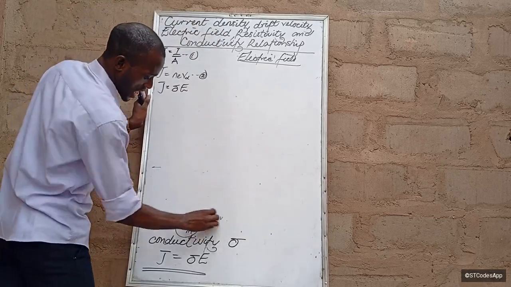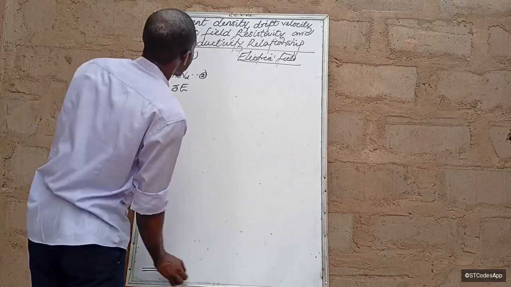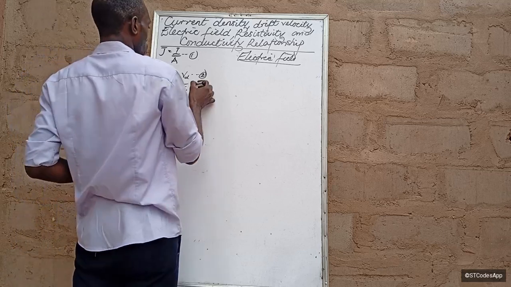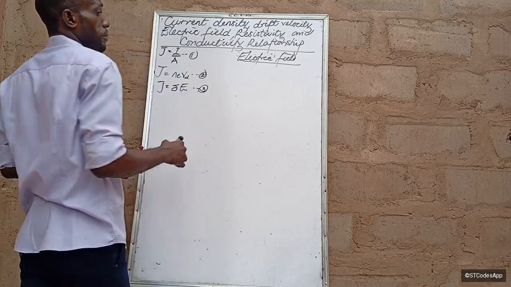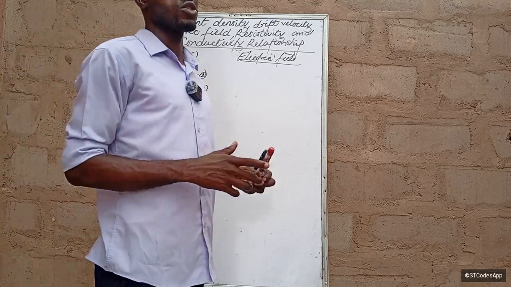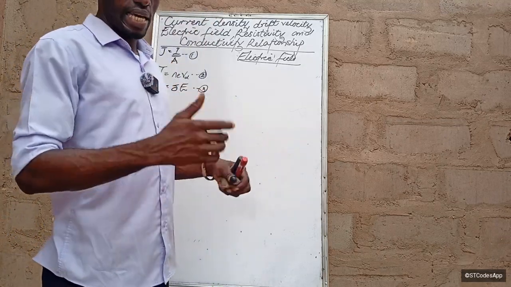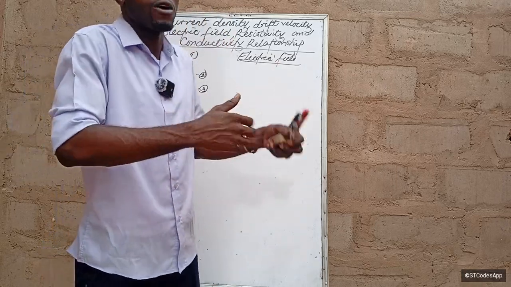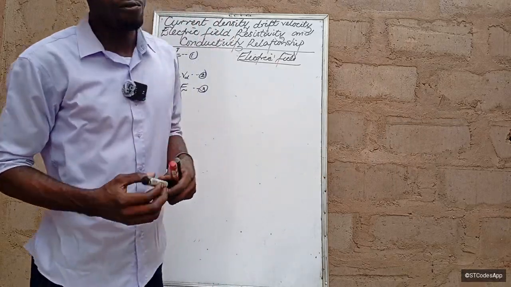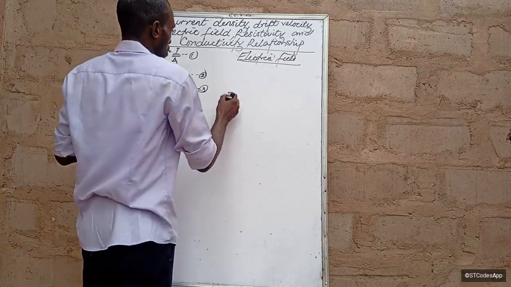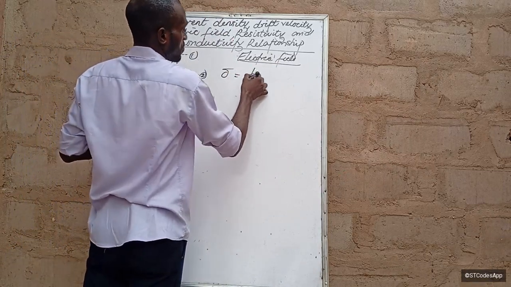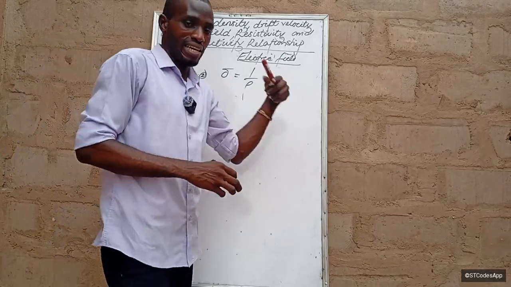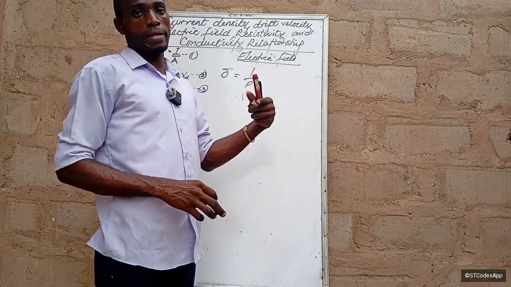Actually, from here, I'm thinking we can already generate an expression for both, since we have found out what conductivity is. Conductivity simply means how permeable a particular conductor is to conducting electric current, how much an electric conductor allows electrons to move through it. Do you understand? That is just conductivity. And remember that conductivity is the inverse of resistivity, because resistivity is how much hindrance a particular